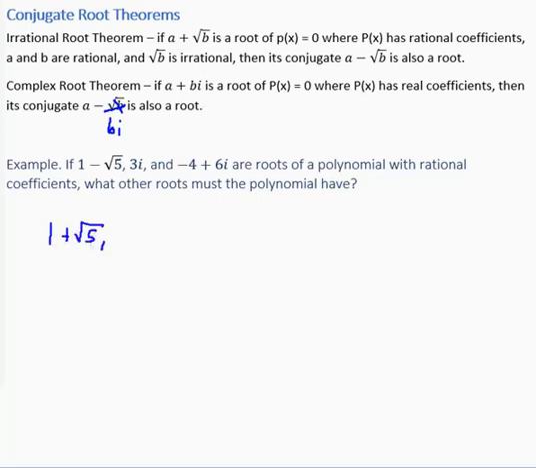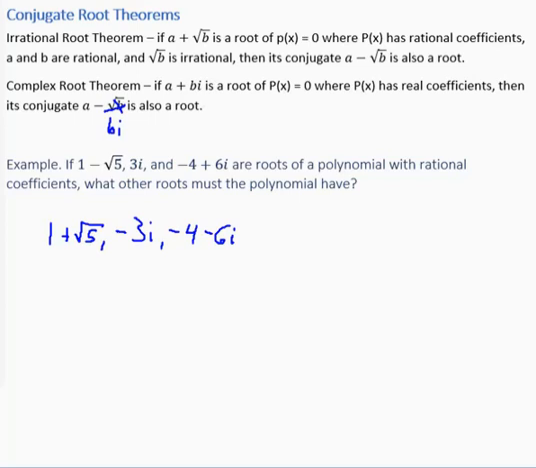Since 3i is a root, its conjugate of negative 3i is a root. And since negative 4 plus 6i is a root, negative 4 minus 6i is a root. So just by knowing these 3, we know 3 more, which means this has to have a total of 6 roots. So this would be polynomial 6. Didn't ask that, but